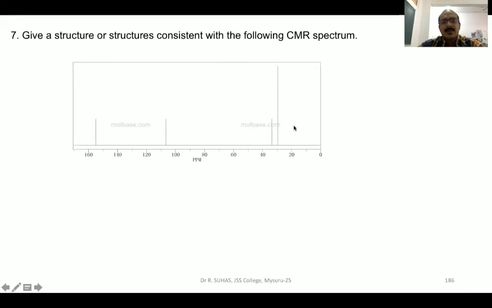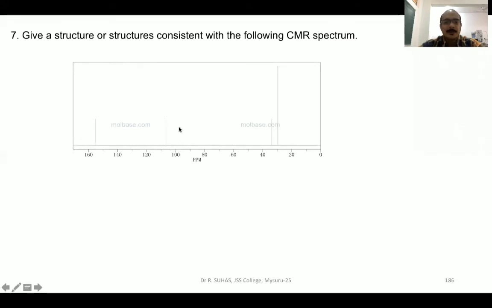Now, when you see this CMR spectrum, you will see at first that there are two types of carbons. One is saturated and another one is unsaturated. Look at the intensity of this peak. Whatever is coming here should necessarily be CH3. And looking at the intensity of this peak, I can say that there will be more number of CH3s in this compound, and this may be either CH or CH2, we are not so sure. And also they have not given the molecular formula, so you should be very, very careful while predicting the structure